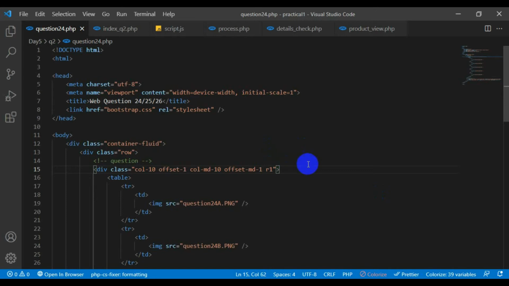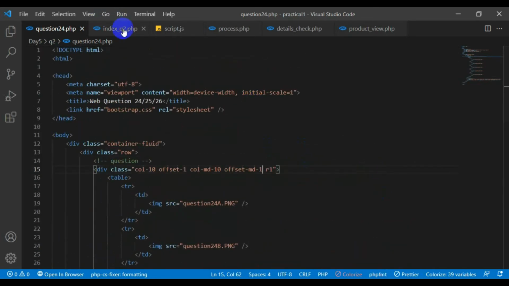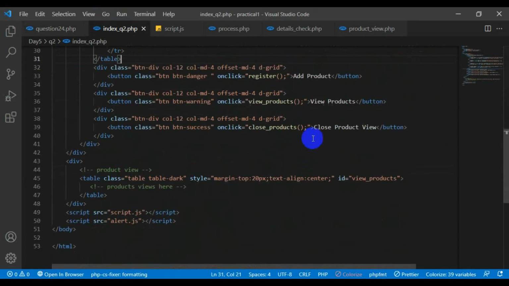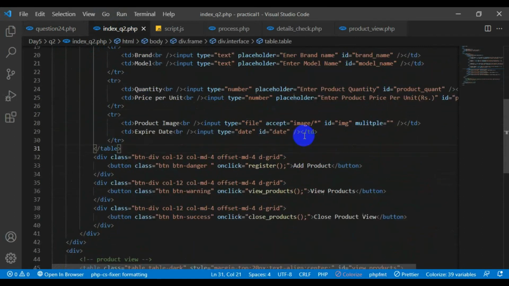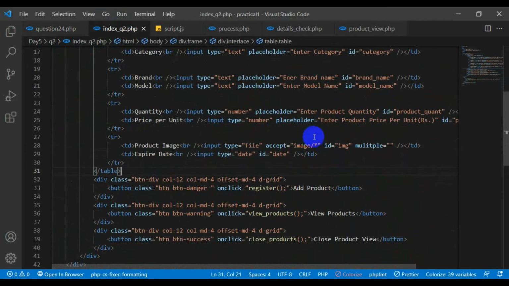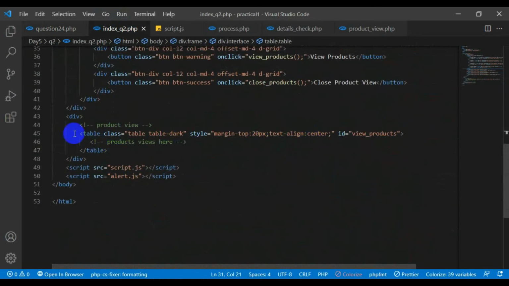As you can see, this is the question panel. This is the panel I used to display the question, and here we have the answer. So in this interface I designed the interface to display the answer, and here as in the question number 24 video you have the same interface. Now here you have a special interface to display the table, but as you can see there's nothing inside. So the question may arise, how did you get all those data inside the table without having any data on the relevant page? The thing is,